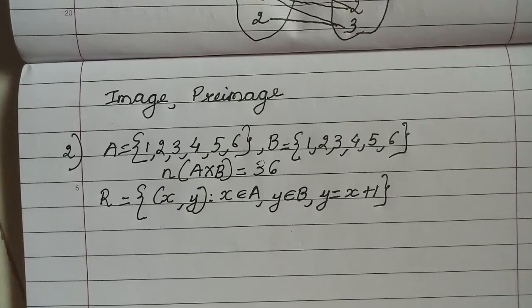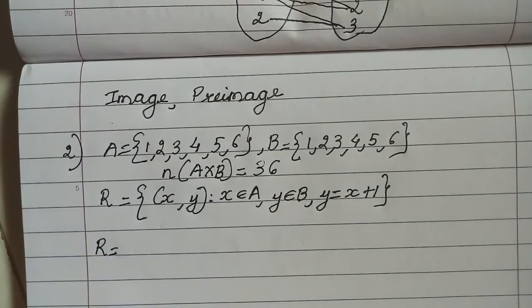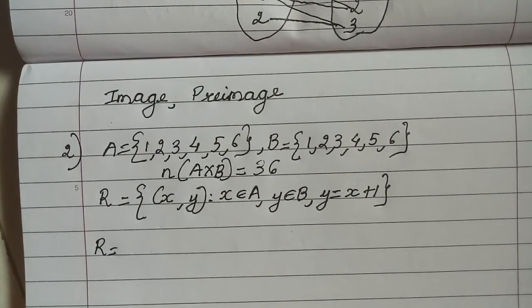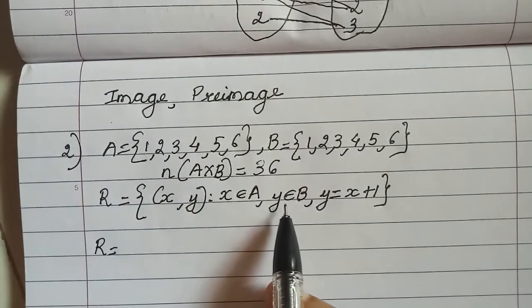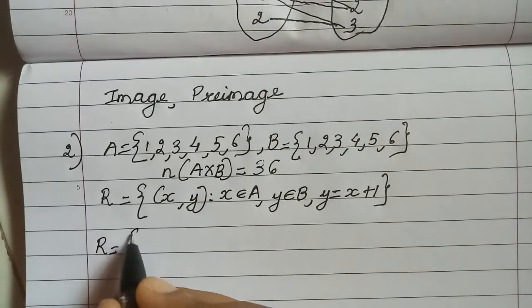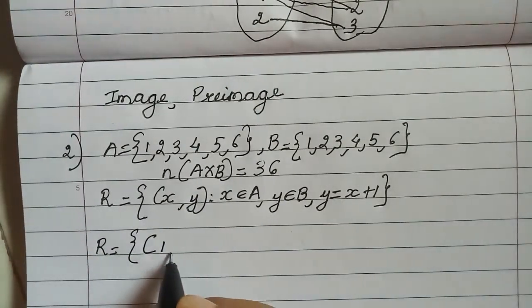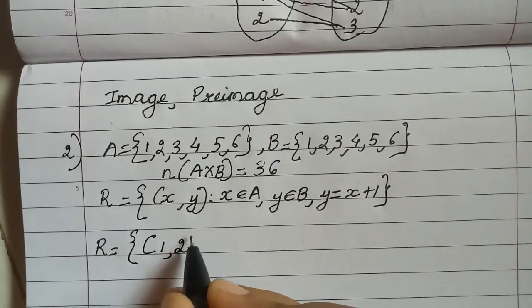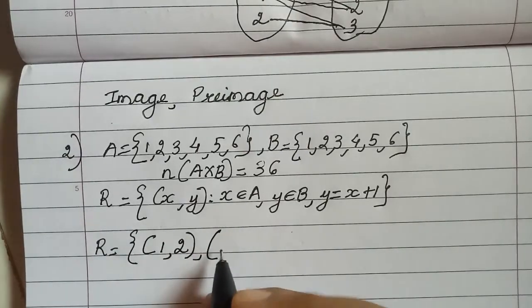So technically it is not possible for me to write all the elements in A cross B. But very well I can write all the elements in my set R, because it is condensed. There is a relation between the first and the second element: the second element is one more than the first element. But you should see that your X should come from A and your Y should come from B, so I have to be very careful in writing my elements. Let me take my first X as 1. If I take X as 1, my Y is going to be 2 and 2 is already there in B, so no problem. Now I am going to take X as 2.